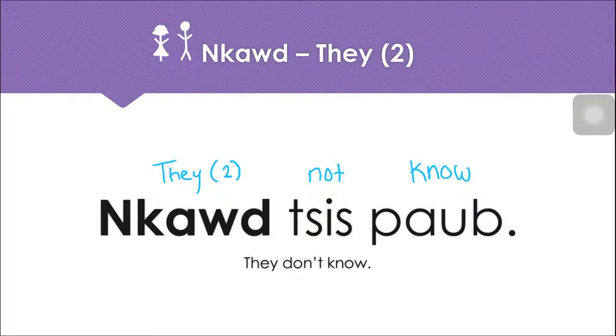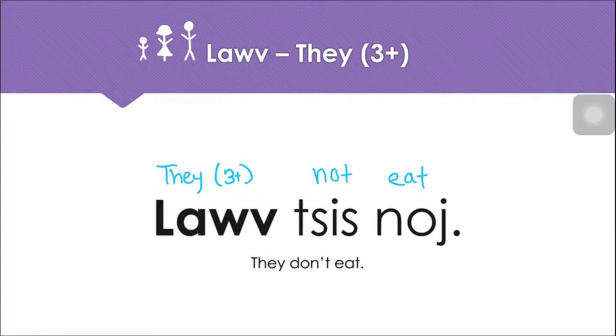And then finally, you should expect for three or more, the word for they for 3 or more is lỡ, lỡ. As in our sentence example here, lỡ chỉ no, lỡ chỉ no. They don't eat. So that pretty much covers the common basic